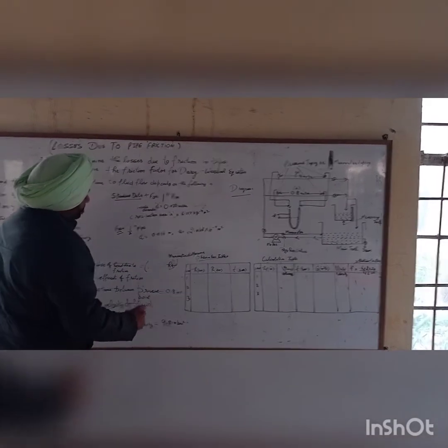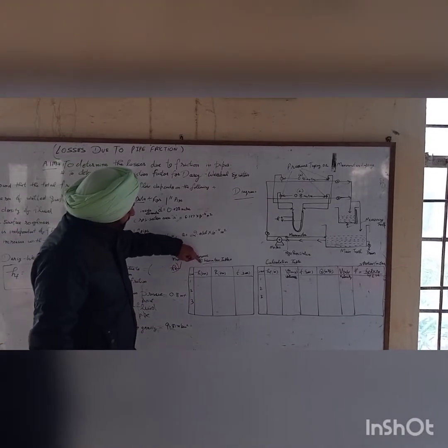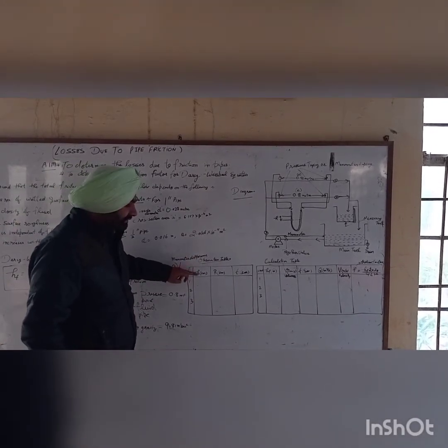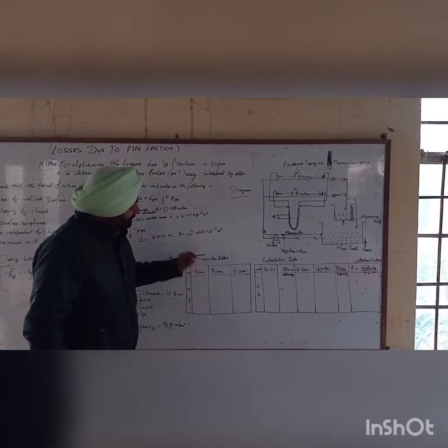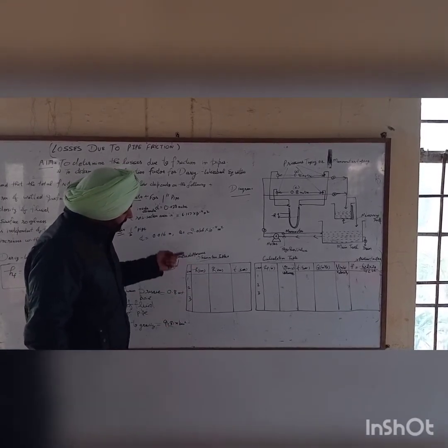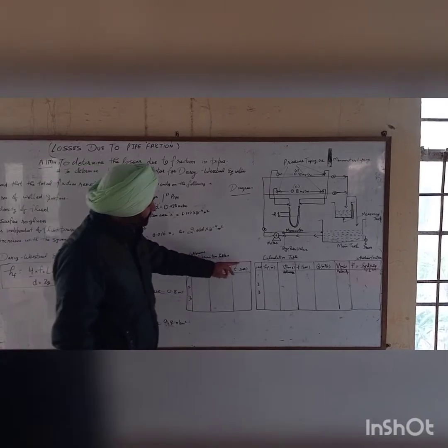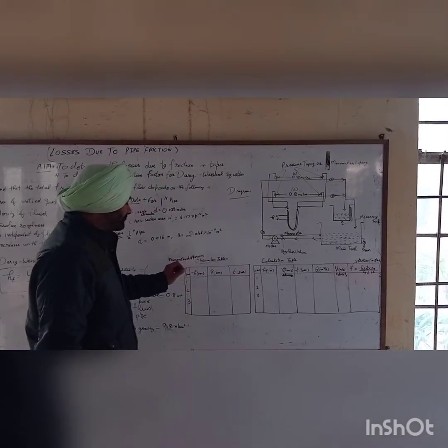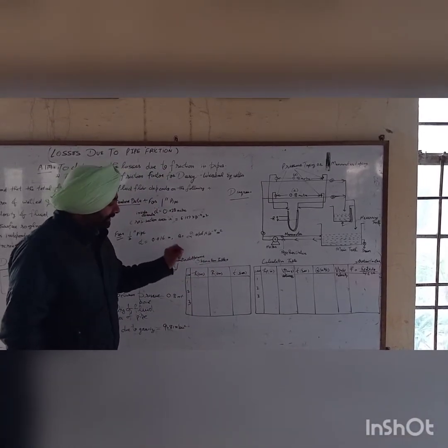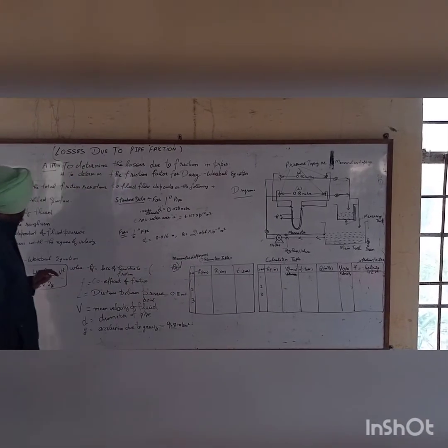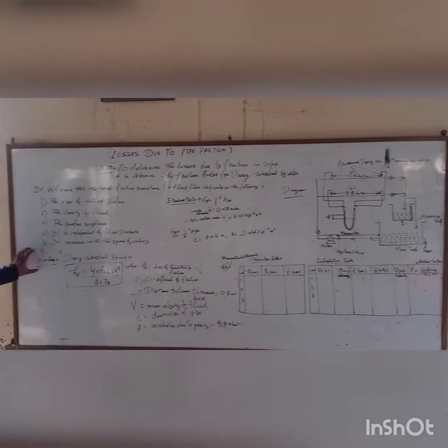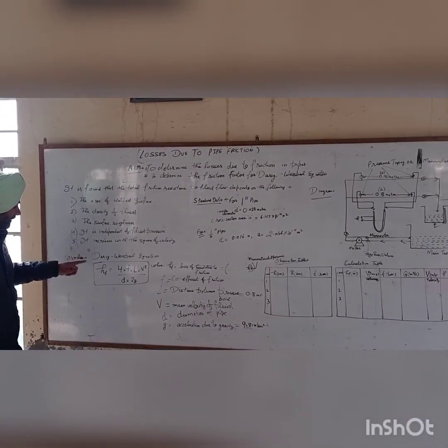In this, we need to calculate three things. That is, h is the manometric height, the pressure difference. R is the rise of water in this measuring tank, and T is the time that you are to fix. You can take 30 seconds, 20 seconds, 40 seconds, it depends on you. We have a formula, the Darcy-Weisbach equation.